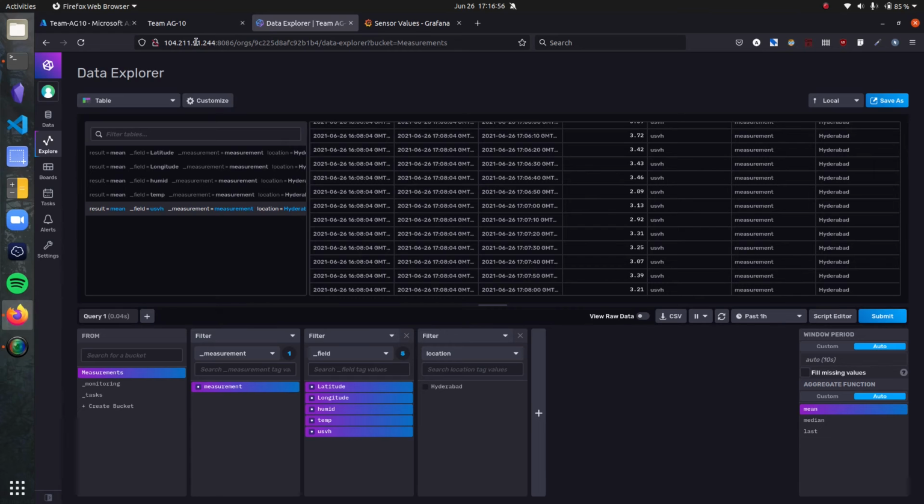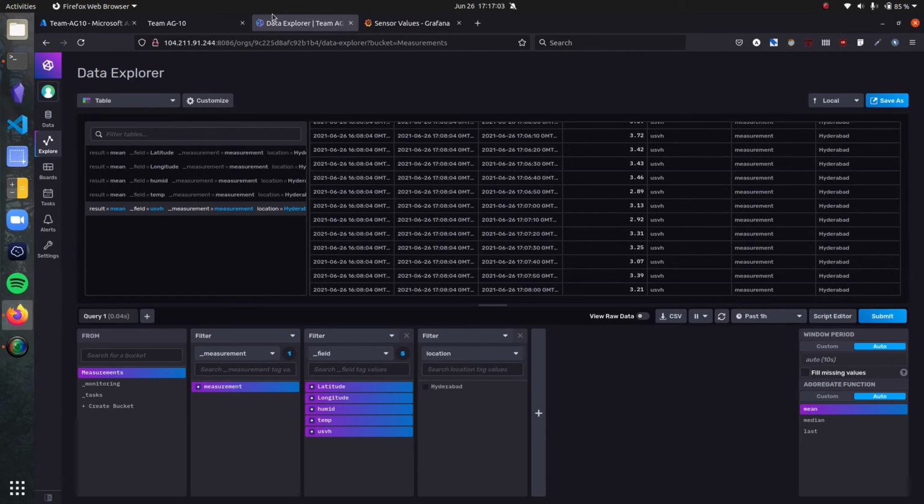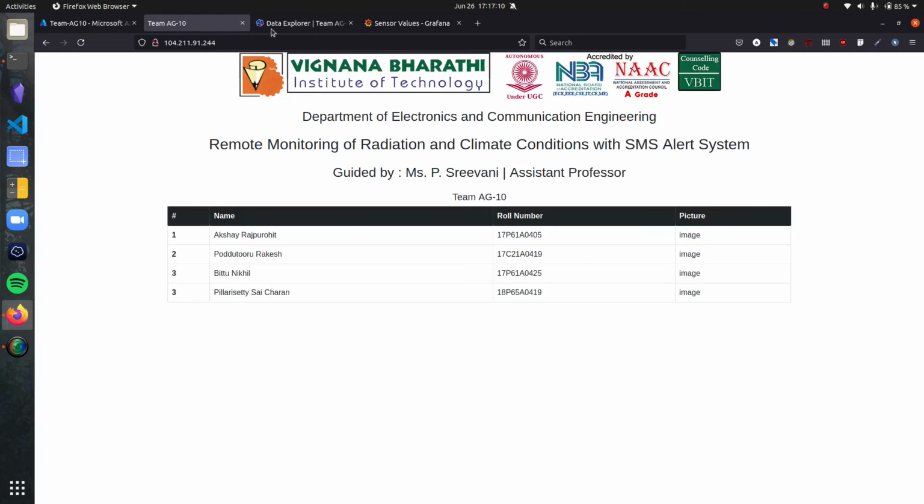The advantage of hosting a database and connecting it with the hardware modules is, obviously, we can monitor these values from anywhere in this world. This website is public, so if they know the credentials, of course, anybody can log into this database from anywhere in this world and monitor these values accordingly, and even the website as well.